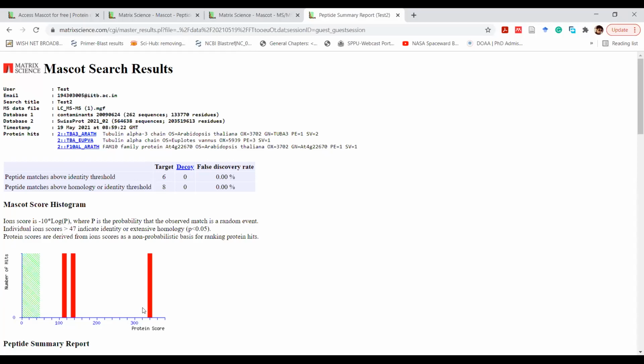You have given the spectral list, it matches tubulin alpha of Arabidopsis, and it gives a score of more than 300. We will get to the score later on. Similarly, the other 2 proteins get somewhere around 150 or 130. So that matching gives us a score. And what does that score depend upon? It depends upon the length of the peptides that matched, as well as the number of peptides that match.